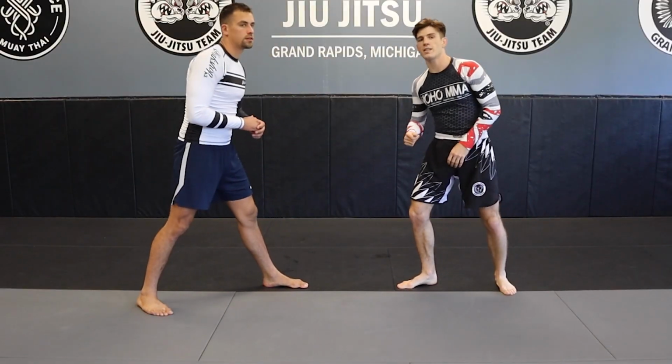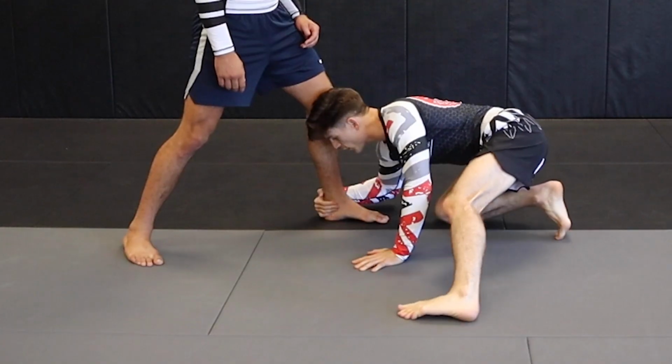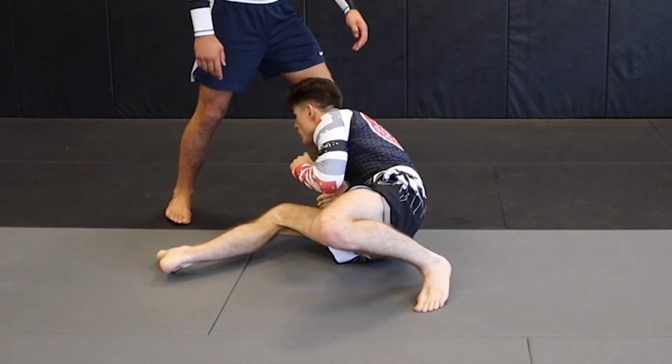A really good way to set this up is again with our reach setup, so I can just reach towards the head, create a momentary distraction, and then there I am, right down at his ankle, hooking just behind his heel, hooking right here, and then casing that foot, looking into the side of the knee,